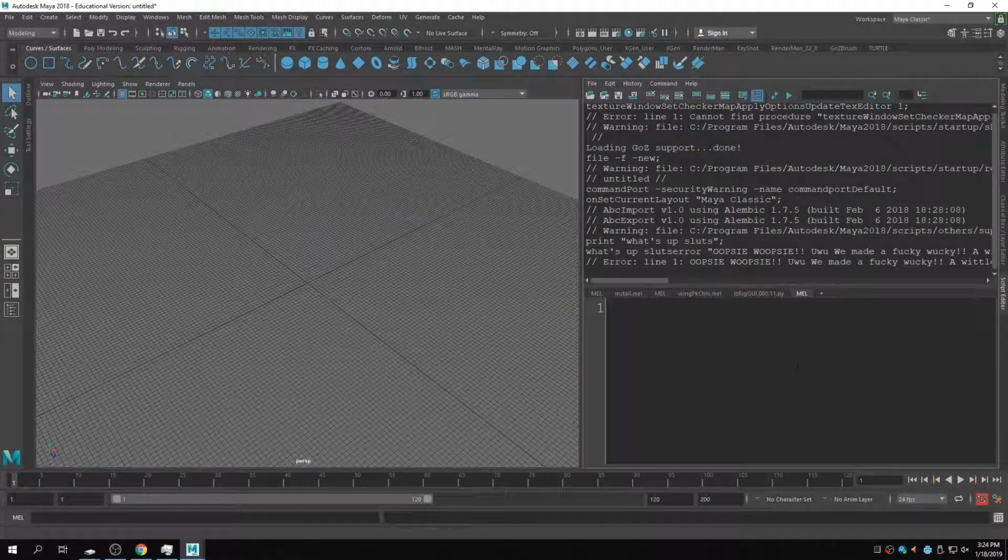So we're going to be going over MEL basics. I like MEL script a lot. Eventually I'll learn Python, but for now, MEL serves its purpose very well. It can speed up your workflow a ton. Anything basically that you have to do more than once, you don't have to do more than once anymore. You can do it one time if you are willing to learn MEL and figure out how to use all